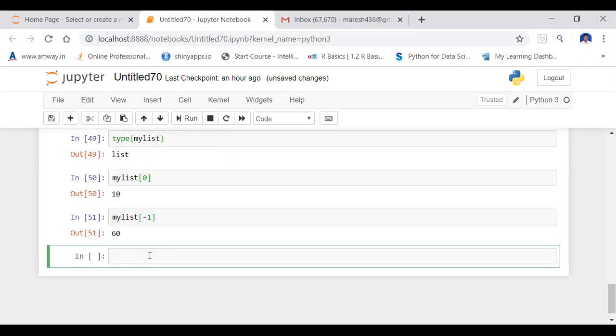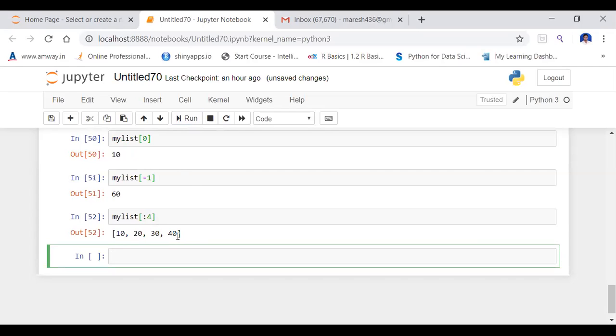Suppose I want to access a group of elements, we may call it list slicing. I am not declaring a starting index. I am going to access the first 3 elements. 0 to 3, total 4 elements are produced: 0, 1, 2, 3.